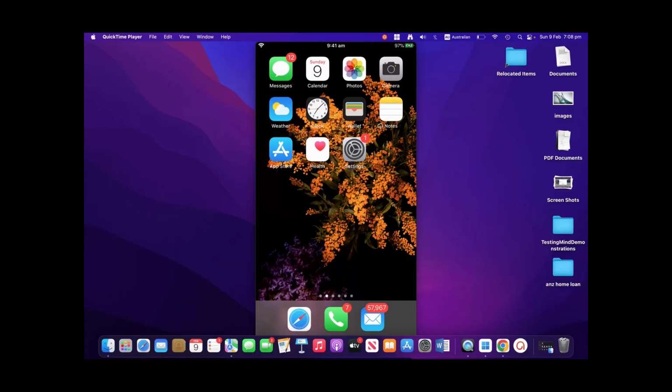Alright, so in this particular video, what I wanted to show you guys is the phone that I'm going to use. In this case I am using an iPhone, which I have connected using a cable to my MacBook, and that's why you are able to see on my screen currently the phone that I'm going to use. Okay, so there are some details that we will require from this phone